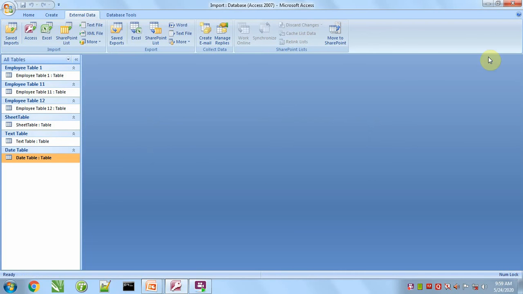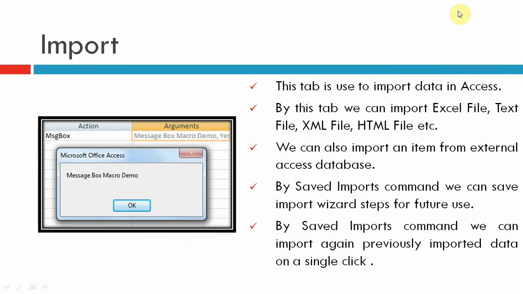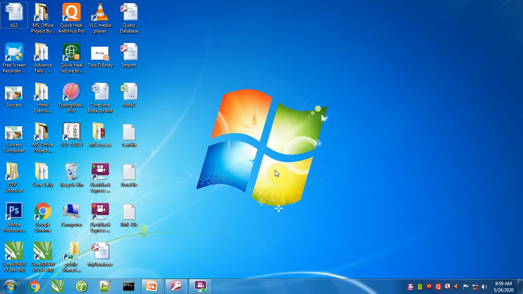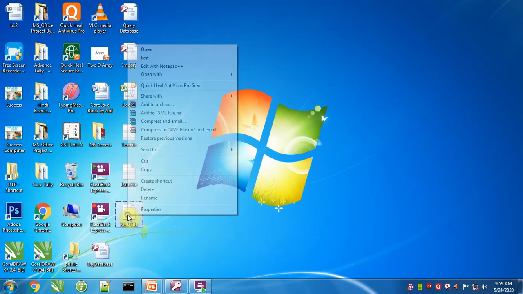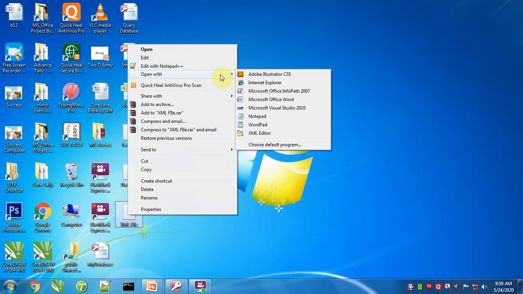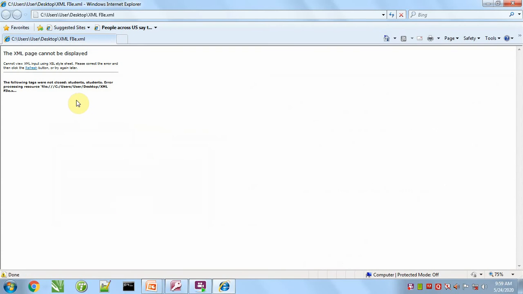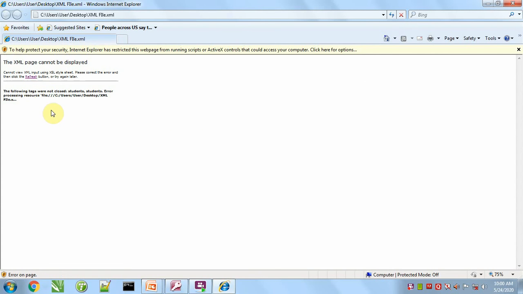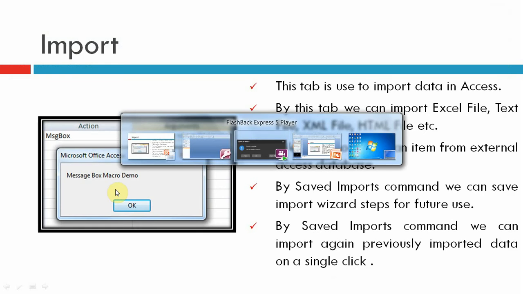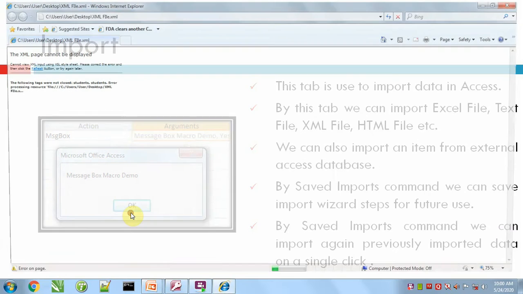That file contains some problem, so we have to check. Tags were not closed. The Student tag is not closed. We have to close this tag.